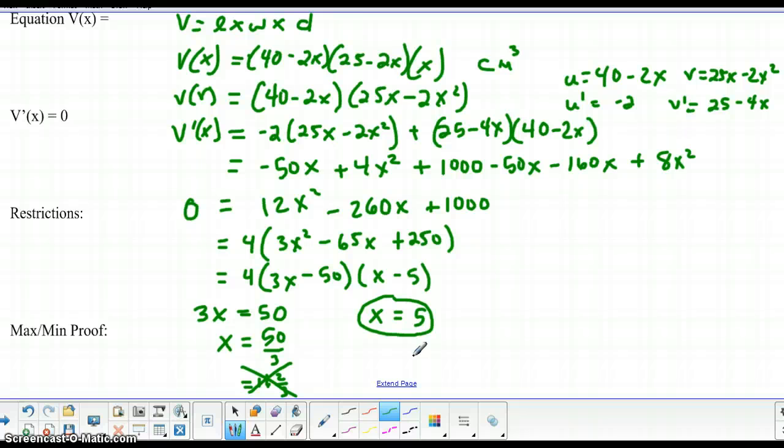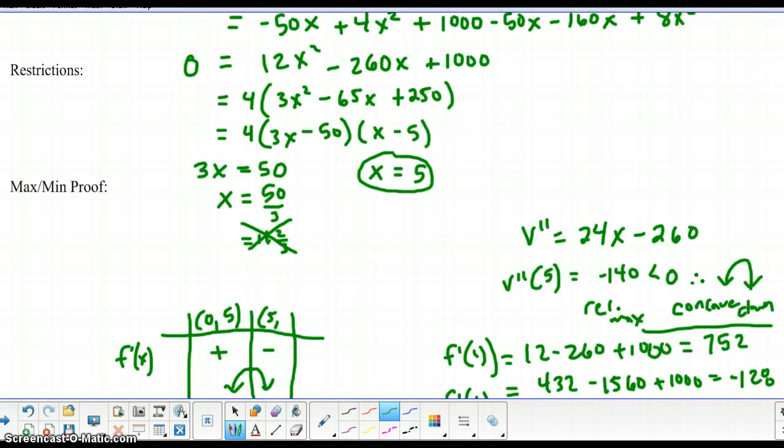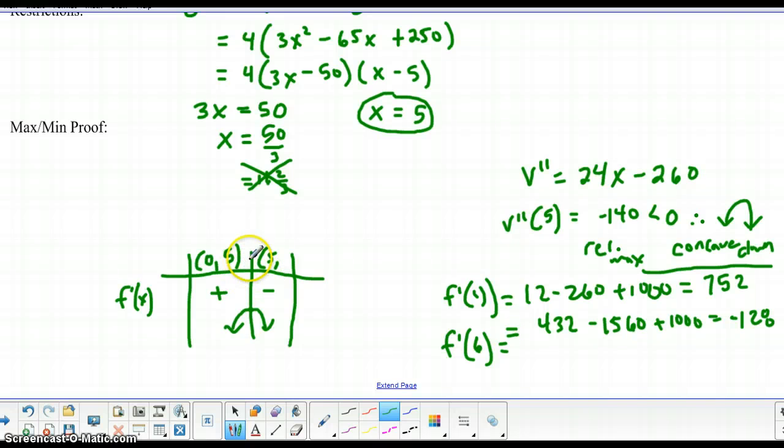Okay, so let's try your sign diagram to prove that this is a maximum. Also, look at your second derivative, and then I'll bring you back. Okay, so I plugged in 5 for my first derivative and proved that it was a maximum. Here are my plug-in values. And then for my second derivative, I showed